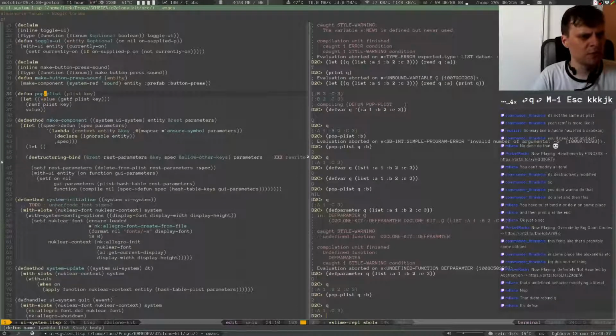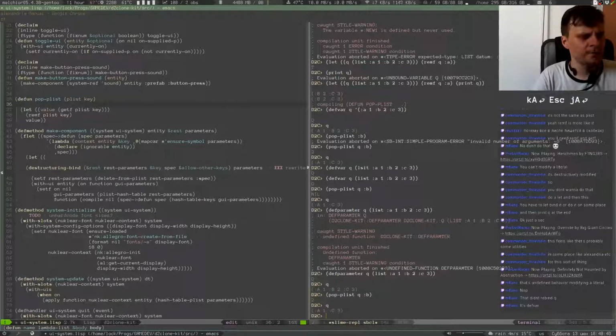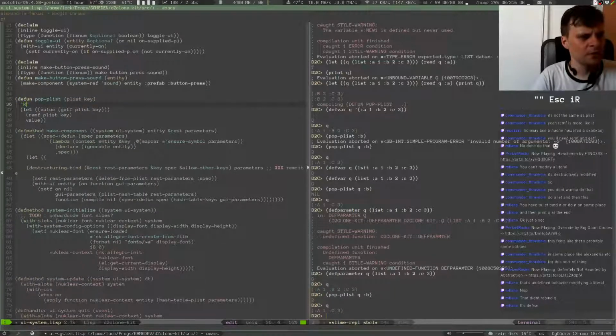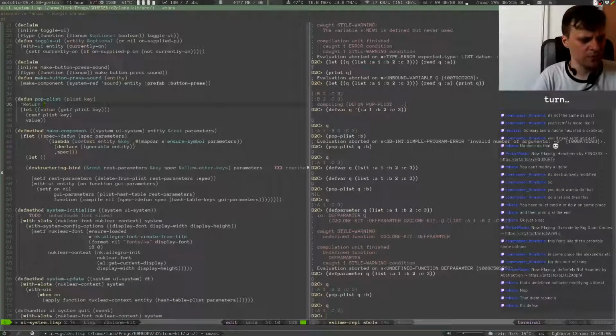So maybe this should go to some little utilities file, but I don't have any, so I'm gonna just let it stick here. Yeah, I think I'm gonna write the docstring right away. So return removes, removes and returns